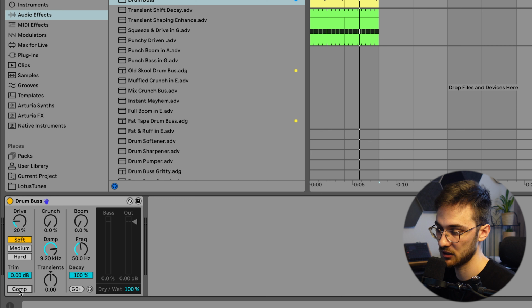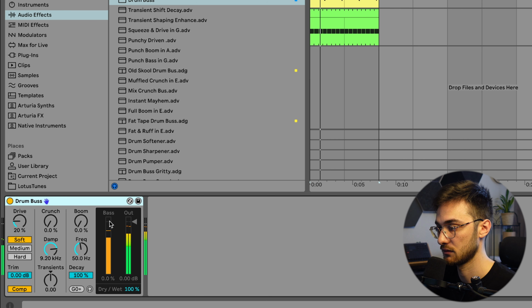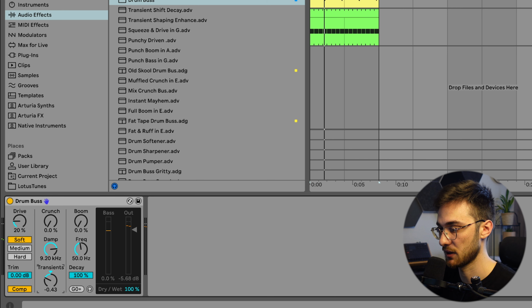And it has this pre-built compressor, which I like using. However, it does boost the volume by a lot. So you're going to have to compensate for that boost here by either dragging down the dry wet or the output gain over here. And then you can emphasize the transients by going to the left here,